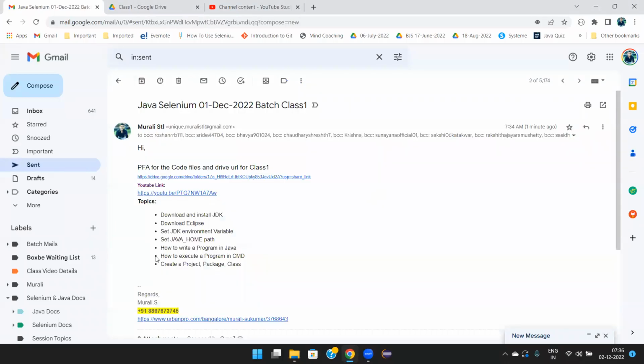So yesterday we saw the installation of JDK and then how to set the environment variable for the JDK. Then we downloaded Eclipse, and we also wrote a normal Java program, and then we learned how to execute it in the command prompt and how to create a project, package, class, everything. So the same thing we are going to recap, and then after that we'll go for today's